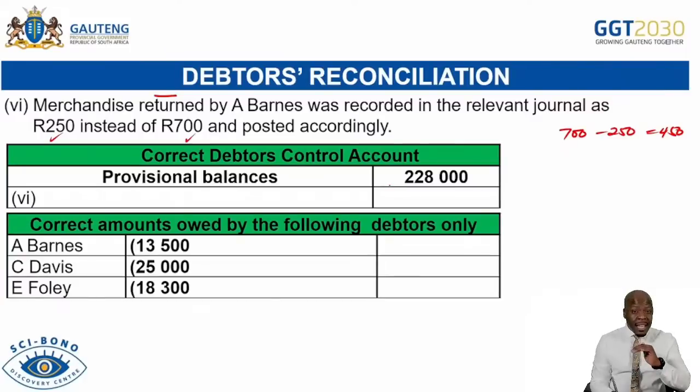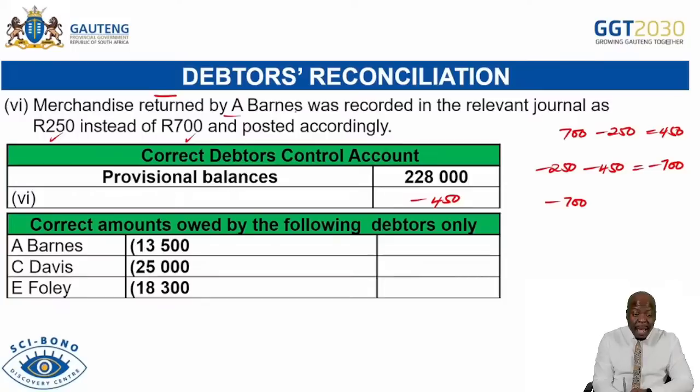So once we record less of an amount, we have to go and add again until we get to that amount. In other words, we subtracted only 250 when we were supposed to subtract 700. So we have to go and subtract again another 450 so that the total becomes 700. You're following me? So I'm going to come here and I'm going to say minus 450 again. And then I come to A bonds and I say on A bonds minus 450 as well. Once you subtract less, go and subtract again more.